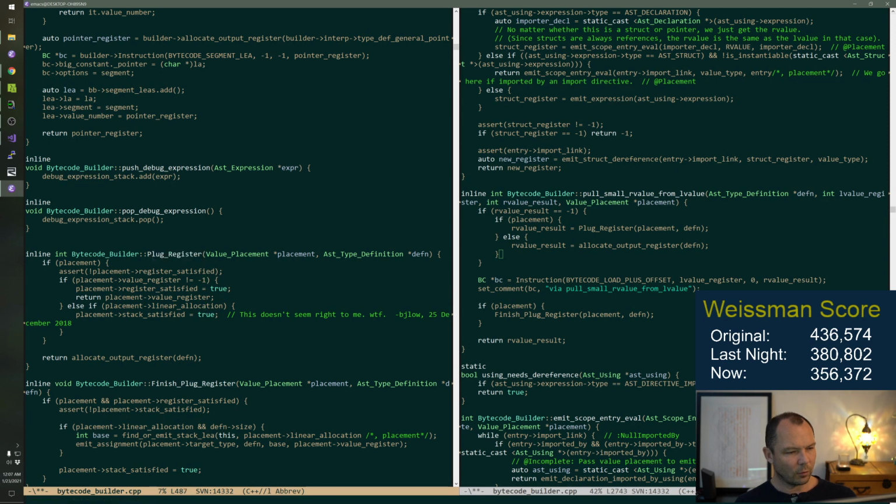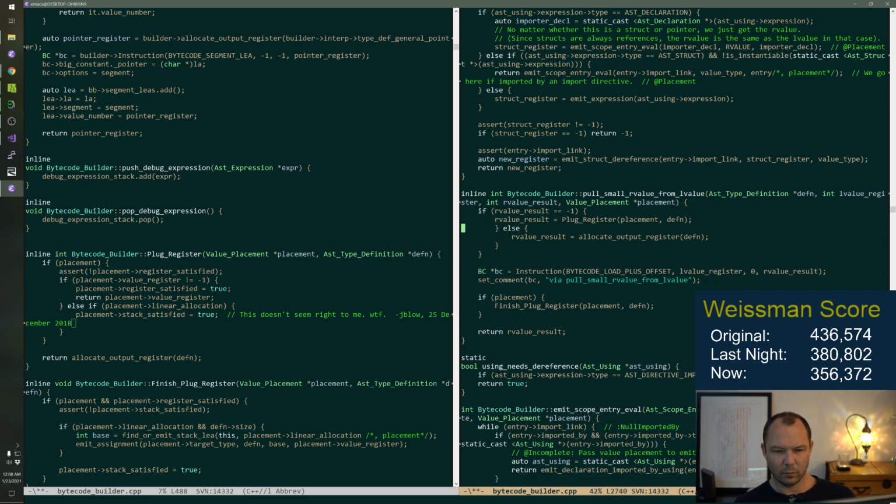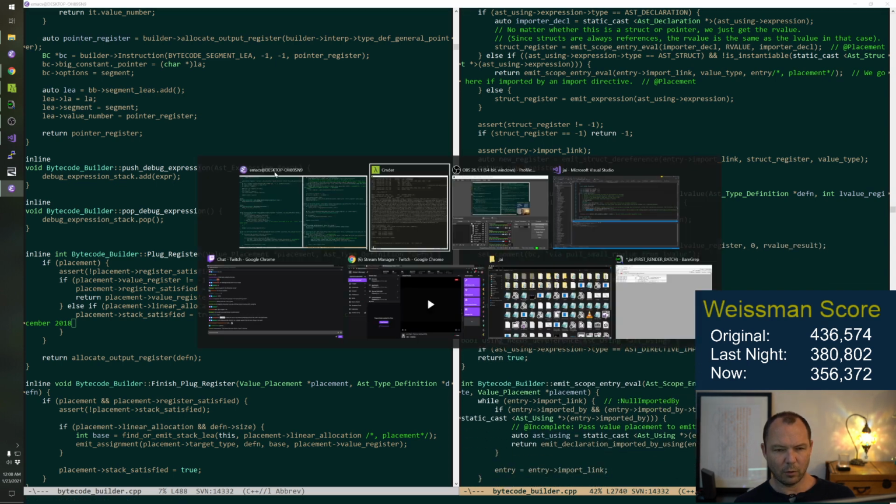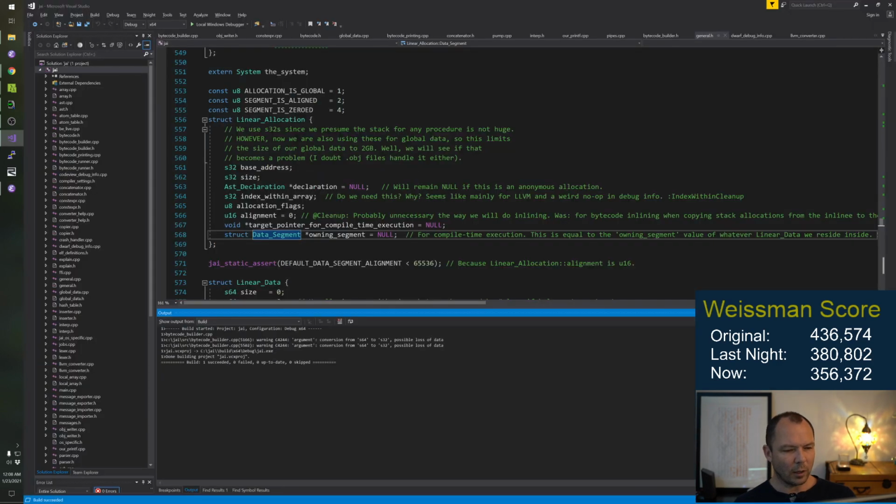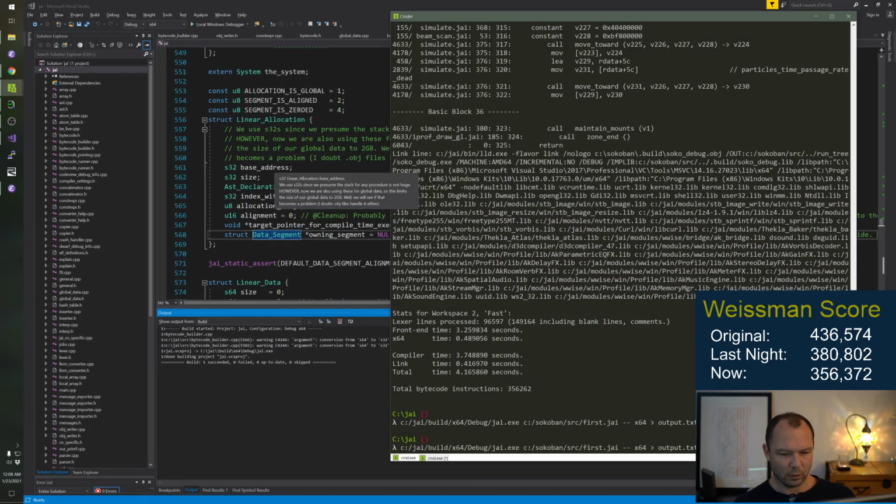Plug register already does this if placement is null. All right, let me just test that I could do that. That's a few lines of code gains right there.